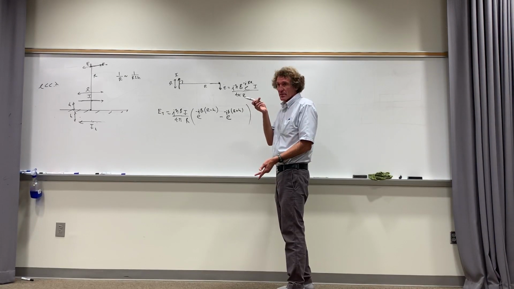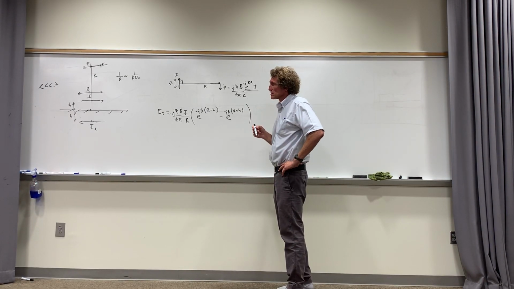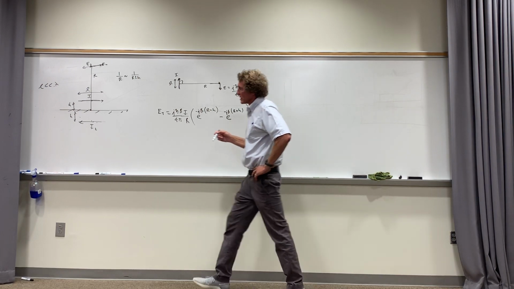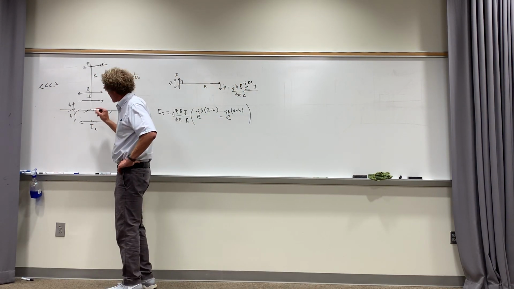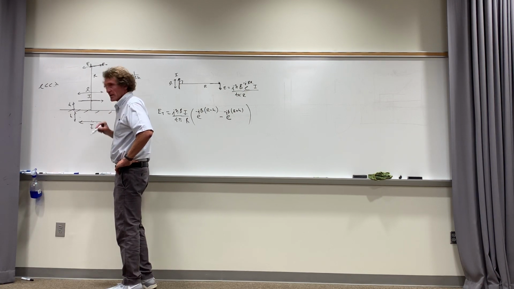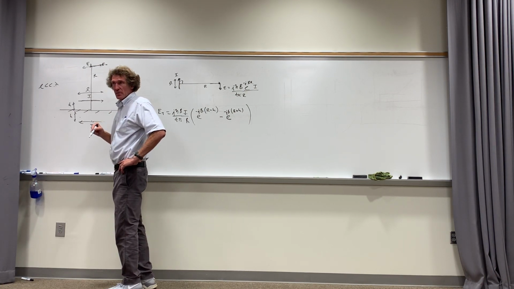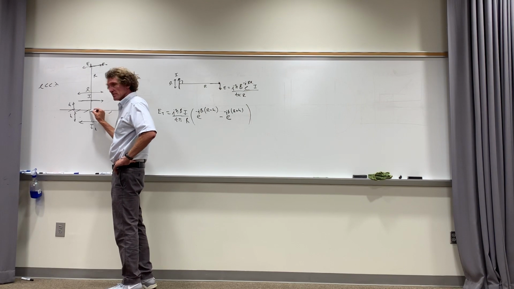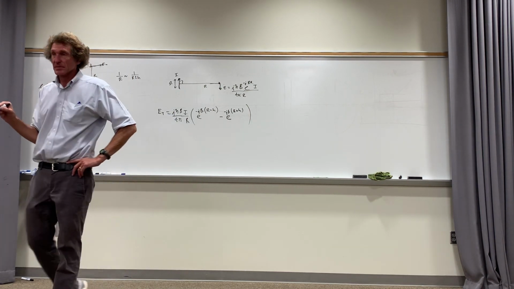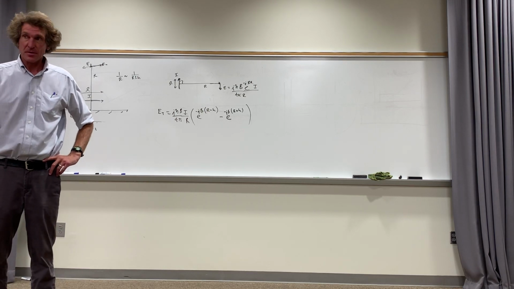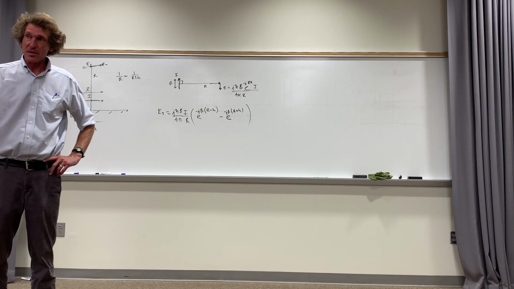Is it not R plus 2H? Well, I'm measuring R from here, from the ground, right? So it's either plus H or minus H. Oh, I see, okay. I'm measuring it right from here, from the ground plane. Does this make sense? Okay? You're looking at me like you don't believe me, or looking at the board like you don't believe me. Are you okay with that or not? I think I got it.